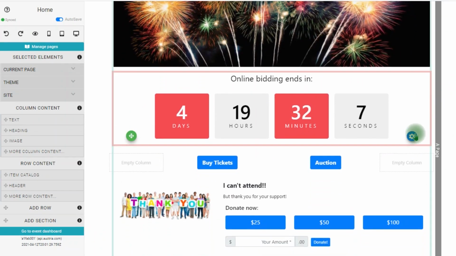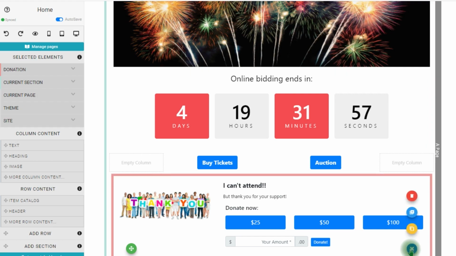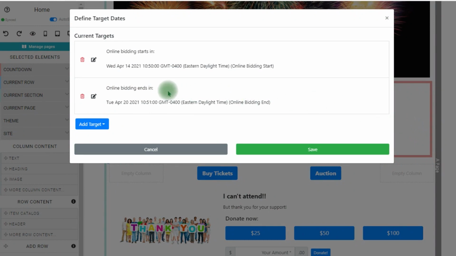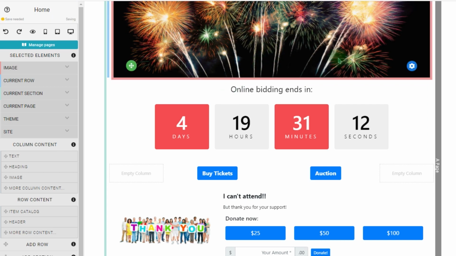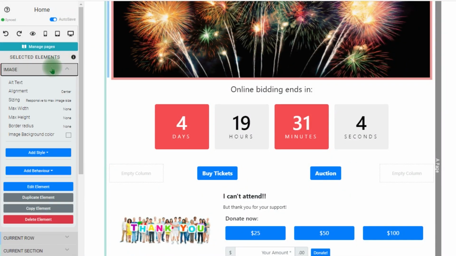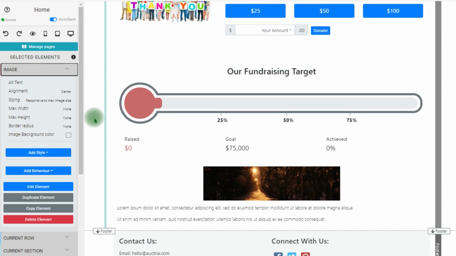I want to bring your attention to this cog. If you click on it, you'll get an edit button, a copy button, a duplicate, and a trash. And that's for that particular element. So I can click on any of those and those will pop up and it'll give me activities that I can do. If you double click on it to edit, it will bring up pieces that are relevant to that particular element. So on the countdown clock, those were the time sets. On the images, it's going to show me what I can do to set it. And then on the left, I can do things that are going to help me stylize and make that element look good on that page. It looks great already,